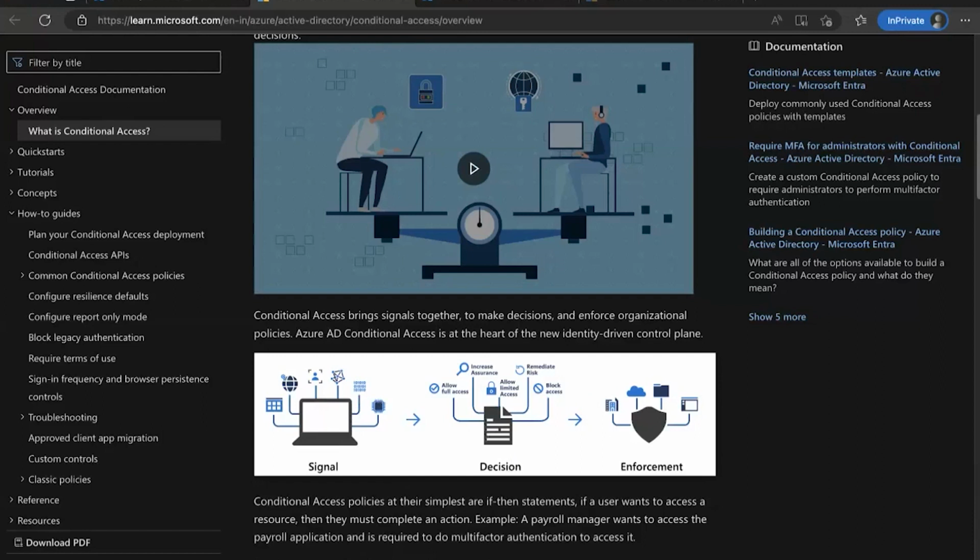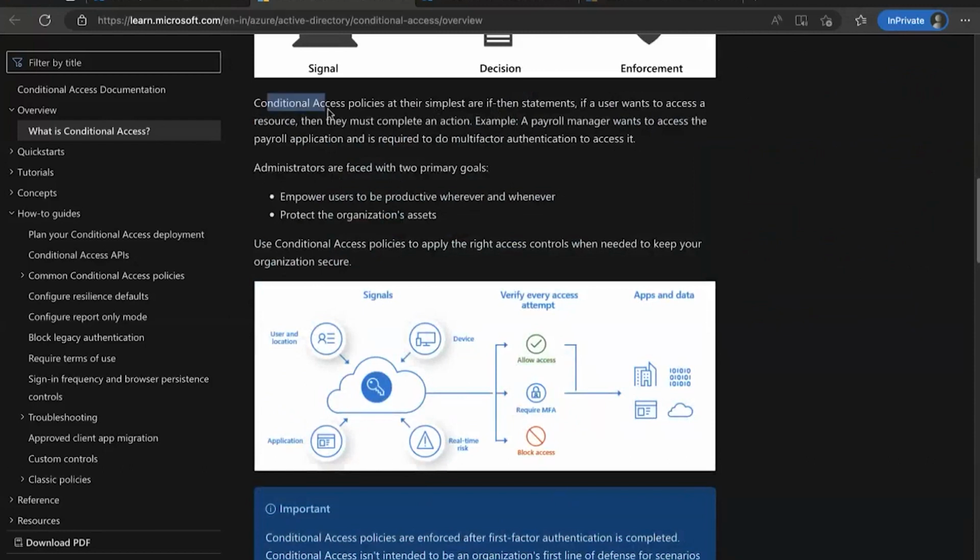A very good line is written over here: conditional access policy is the simplest if-then statement. If a user wants to access a resource, they must complete an action. Example, a payroll manager wants to access a payroll application and is required to do multi-factor authentication to access it. Okay.